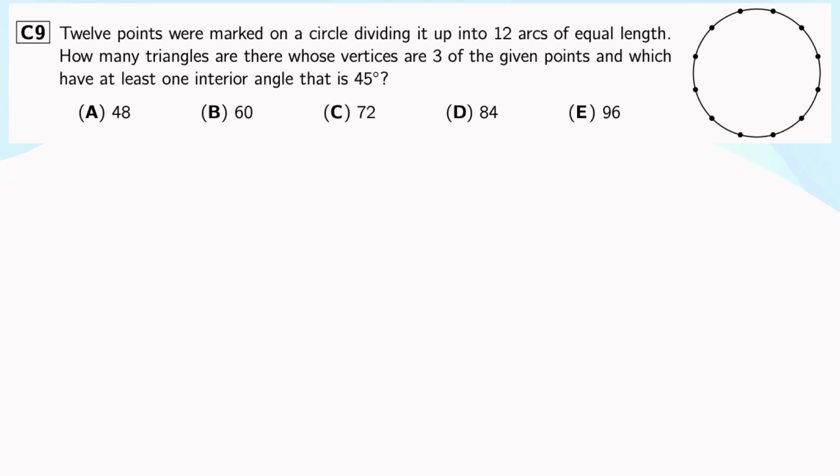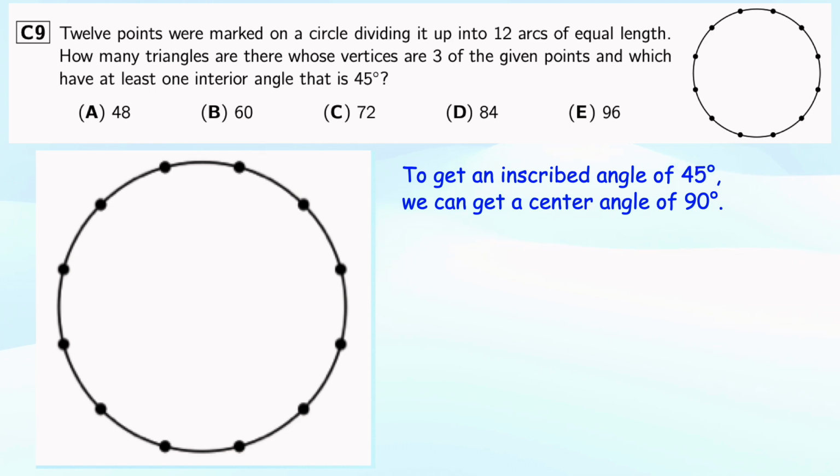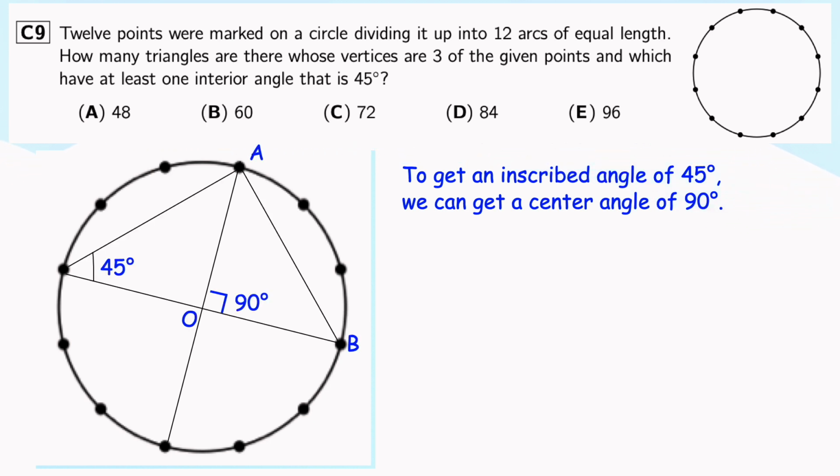To get an inscribed angle of 45 degrees, as the text required, that means an interior angle is 45 degrees, we can try to get a central angle of 90 degrees. Since this circle was divided into 12 arcs, the central angle corresponding to each arc is 30 degrees. In order to get an inscribed angle of 45 degrees, we can get a 90 degree central angle by